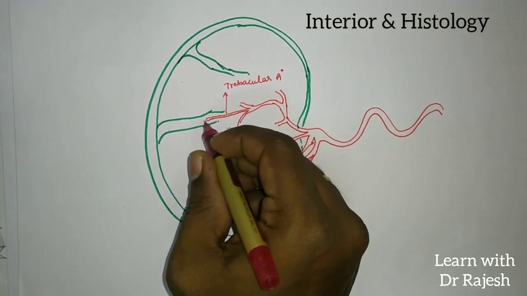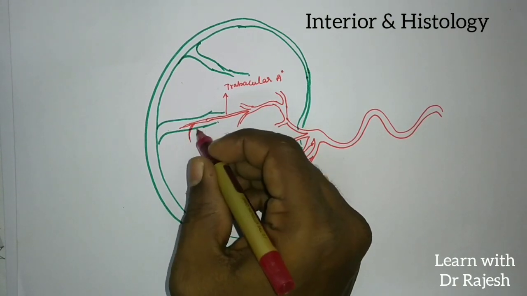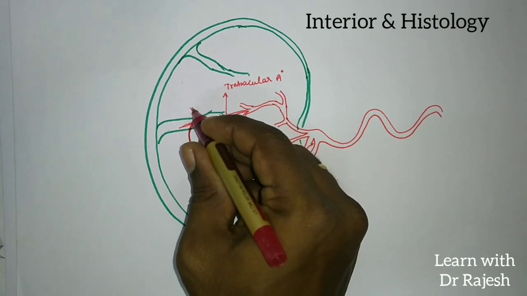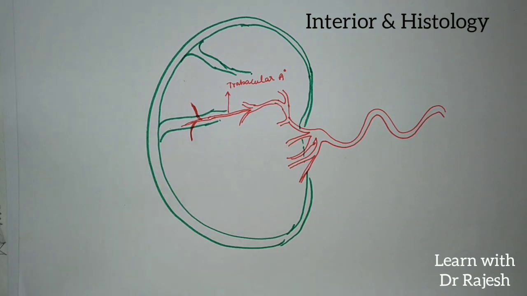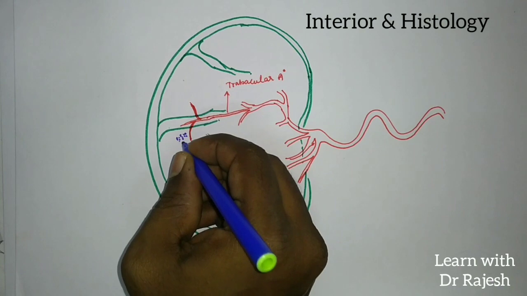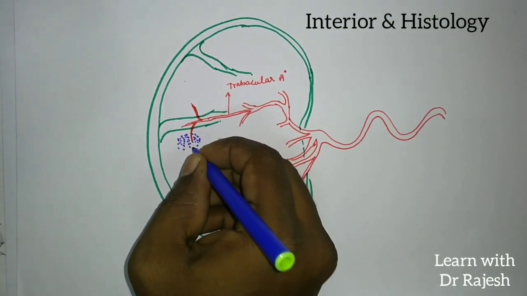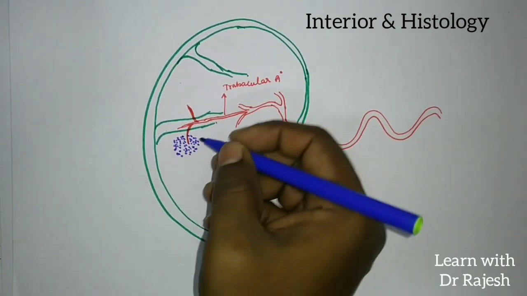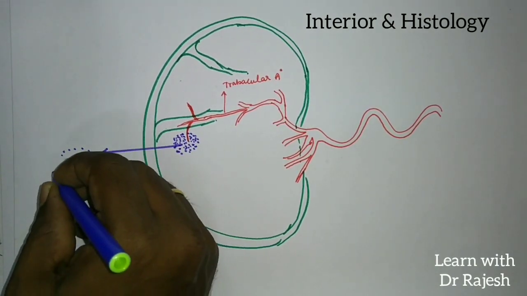Now the branches which are coming from the trabecular artery will leave the trabeculae and enter inside the parenchyma, where they will be immediately surrounded by a group of lymphocytes. If you take a section here and study it, it will look like this: a circular arrangement